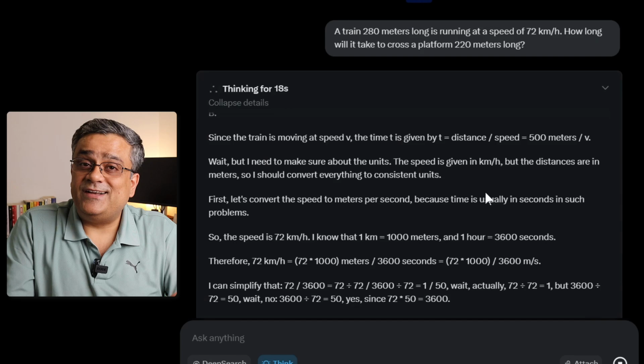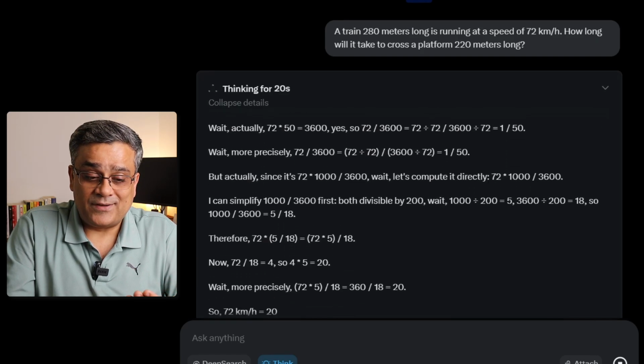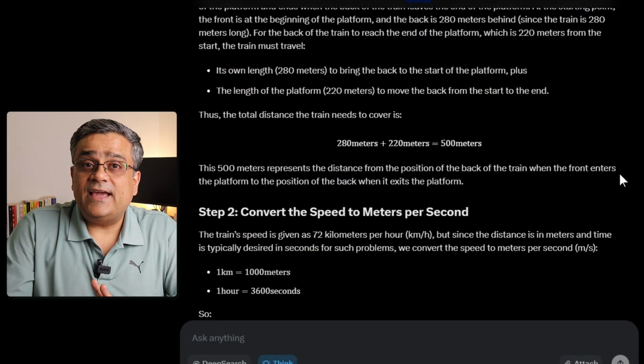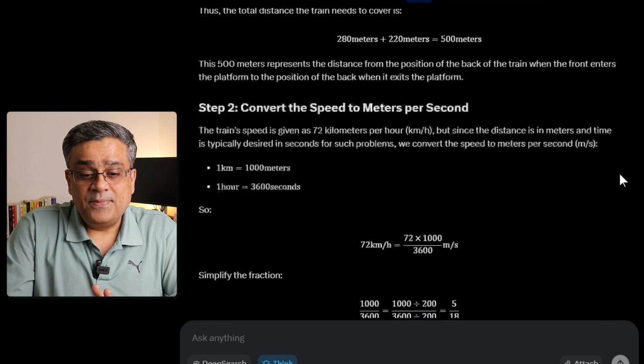So this is the way DeepSeek also solves the problem, right? It will be very useful in case of any arithmetic problem, because maybe for the first time you are generating this response from AI, and next time once you understand the process, how AI is coming to the conclusion or giving you the answer, you will also be able to check and do it yourself, right? So this is the way it is solving any math problem, and